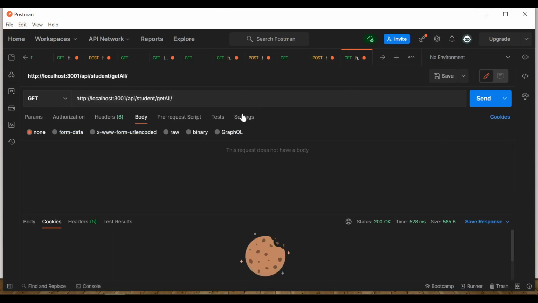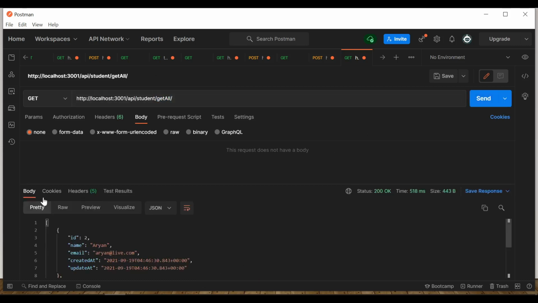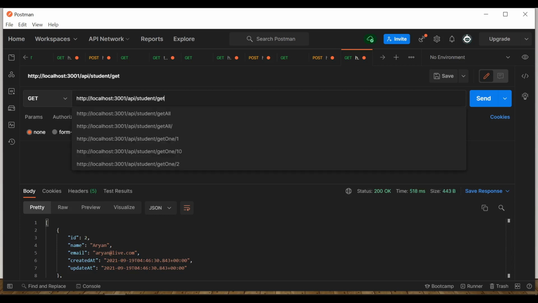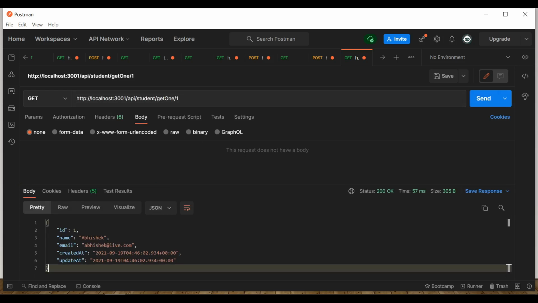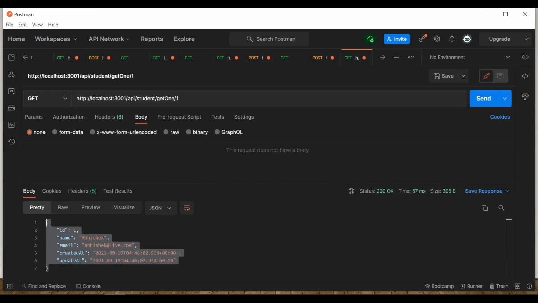Let's do the fetch operation. In order to fetch this detail, you can use the get all path. And you see, we got the two objects. If you want to take 1, you can use get 1. It will return you only one object.